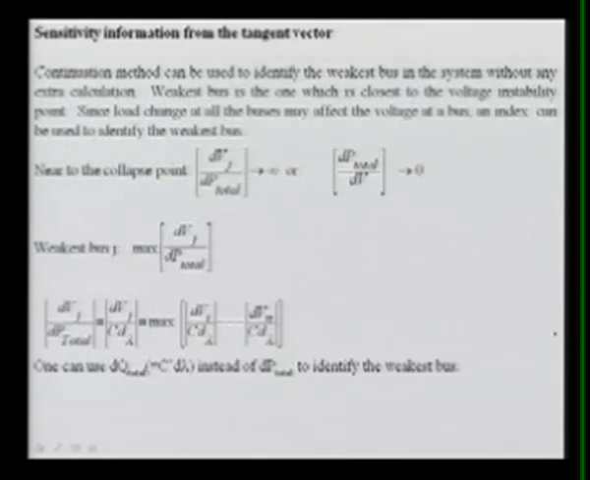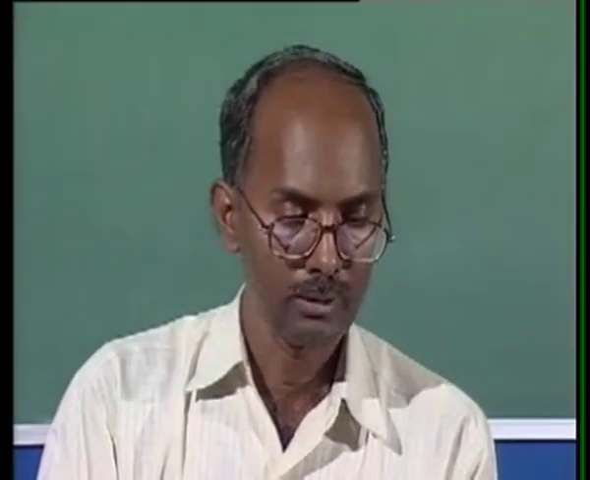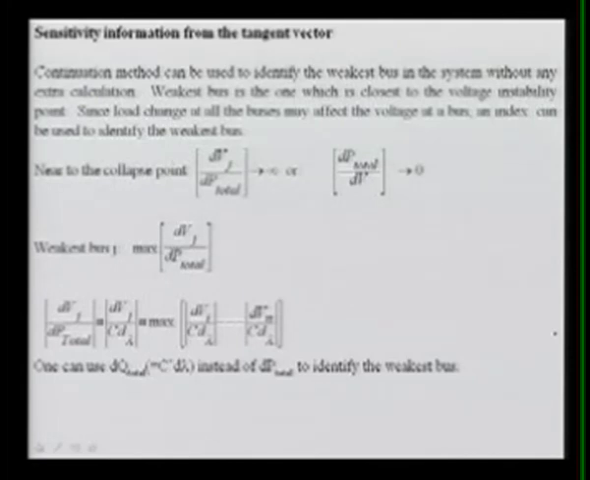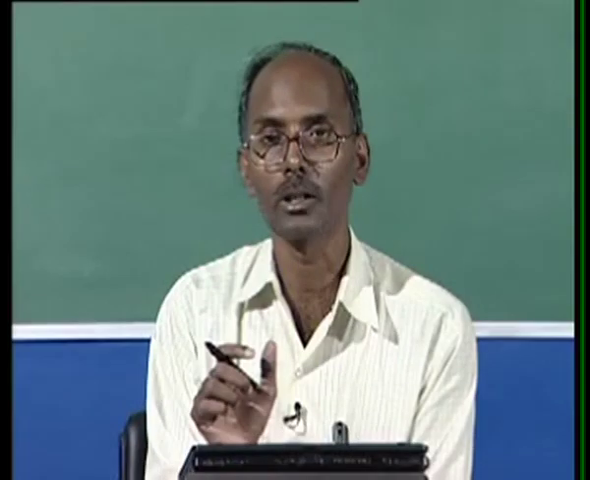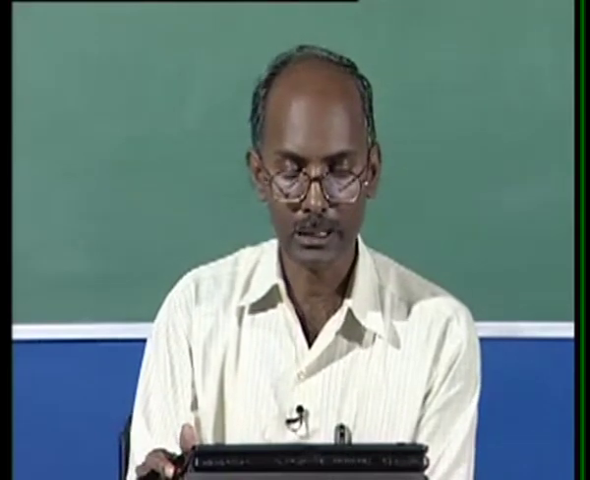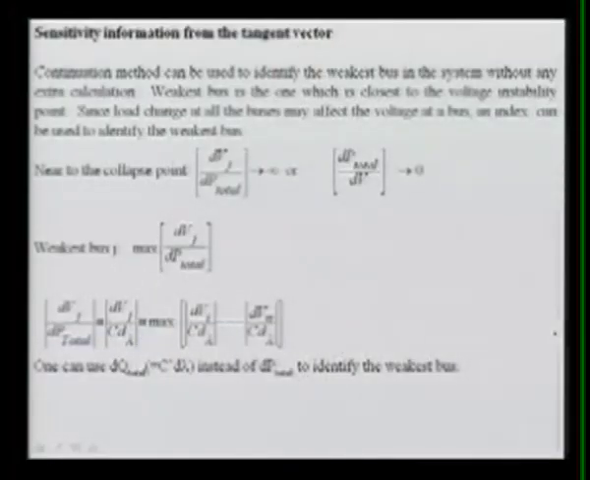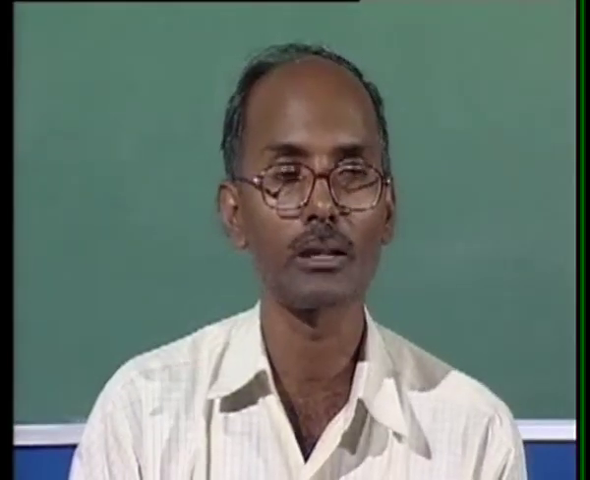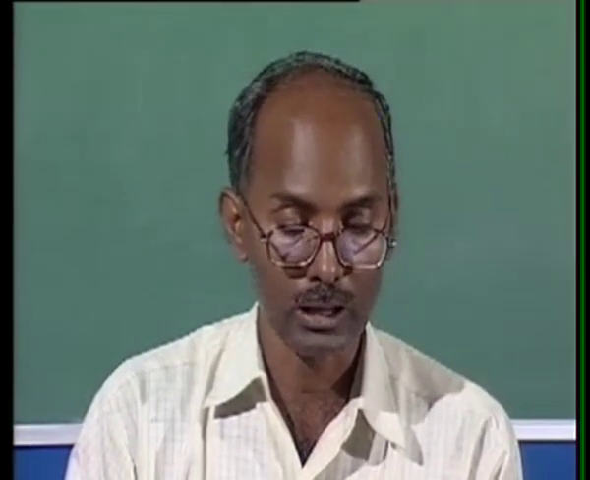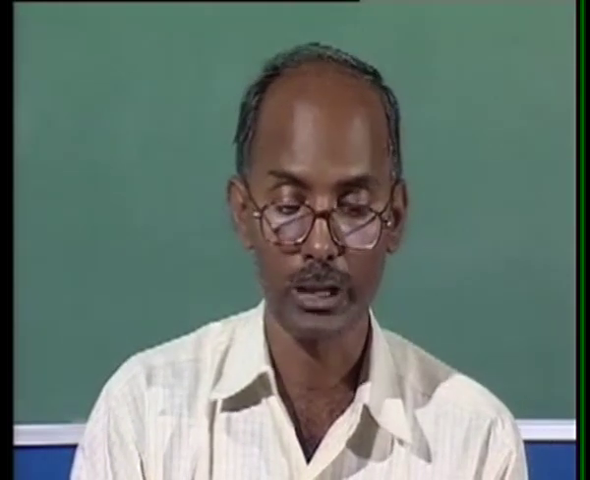Now we can get other information as well from this continuation load flow method, and that is the sensitivity information. That sensitivity information we can get from the tangent vector, because the tangent vector is the change in the angle, voltage and loading. So the continuation method can be used to identify the weakest bus in the system without any extra calculation. There is no need to go for extra calculation, and based on this continuation method we can get the weak bus in the system,